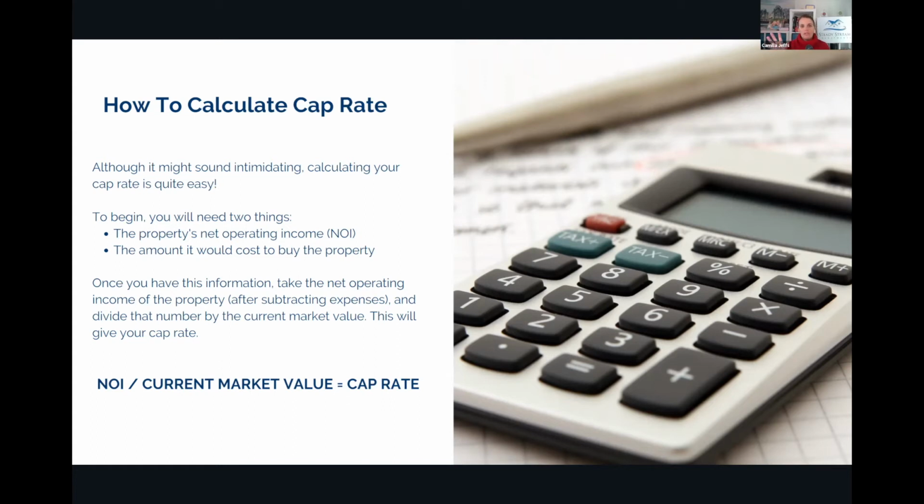But remember, the expenses, that's before you pay the mortgage. Mortgage is not considered an expense in a commercial property's P&L. That's considered your debt payment. So all of your income minus all the expenses, except for the mortgage payment, equals your net operating income, or NOI. So you take that NOI and you're going to divide it by the market value of the property, right?